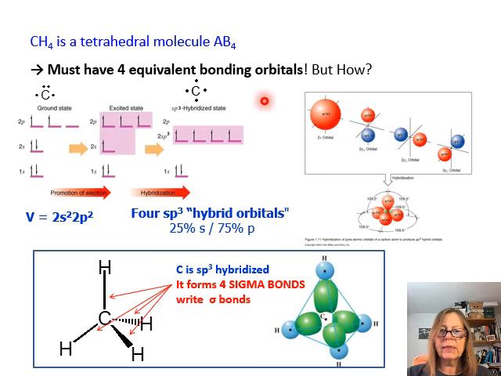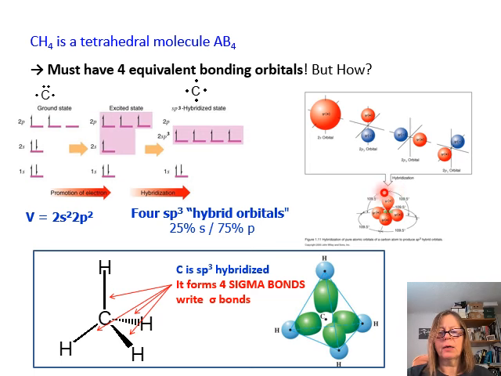When making 4 single bonds, the 2s and the 3 2p orbitals mix with each other or hybridize to give 4 equivalent hybrid orbitals that we call